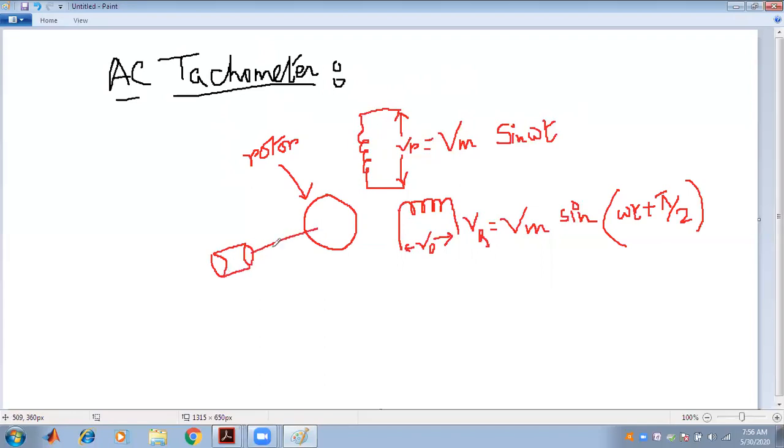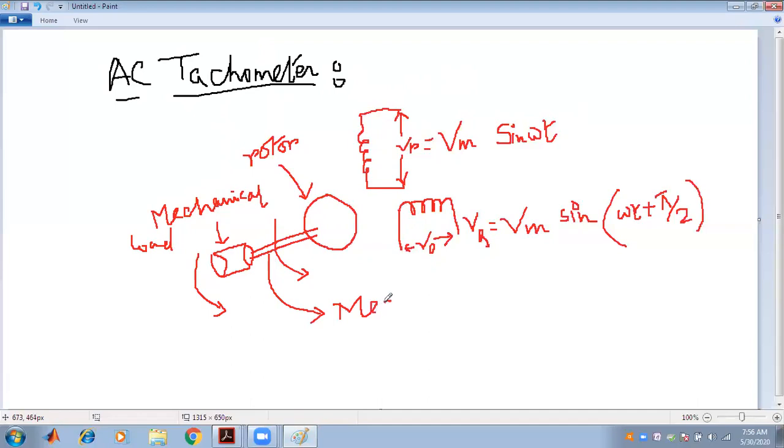And if the rotor starts rotating, this mechanical load starts rotating, and with the help of the tachometer we have to measure the speed of that load. As the rotor starts rotating and the load is connected with the shaft, the load is also rotating and the speed can be measured with the help of the tachometer. This is called the mechanical load, and this is the mechanical shaft, known to us, and this is the arrangement of